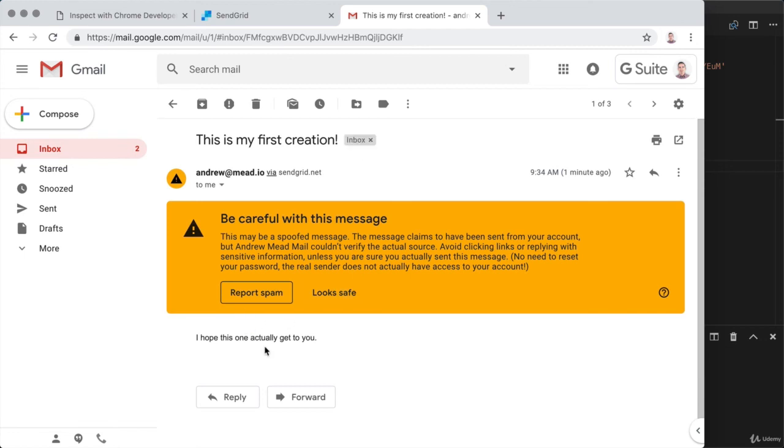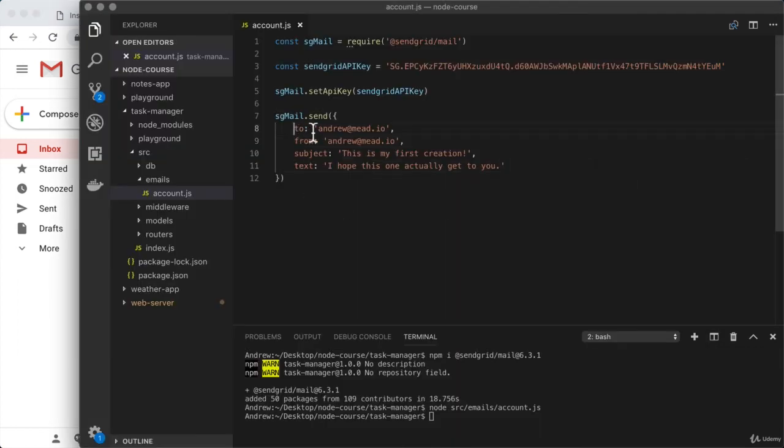Now, this email might not have made it to your inbox. It might have made its way to your spam folder, and you'll also see this right here, a really big warning letting you know that this email might be spam. Now, if you read the error message here, it says this may be a spoofed message. This message claims to have been sent from your account, but Andrew Mead Mail couldn't verify the actual source. And Gmail's right. I just typed 2 addresses over here. Now, 2 should be able to be anyone, but from should have to be an account that I actually own. Now, I do own that account, but Gmail does not know that I was the one to actually call the